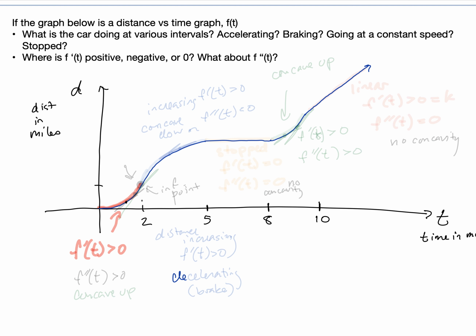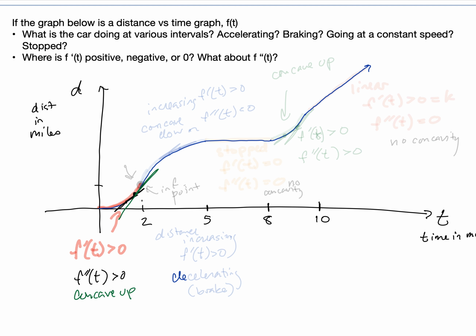So the first derivative is greater than 0 because the slope is positive. And also, f double prime of t is greater than 0, because if we think about some other point there and ask what's happening to the slope at that point, the slope is larger as we go to the right. So f double prime of t is also increasing. This is concave up